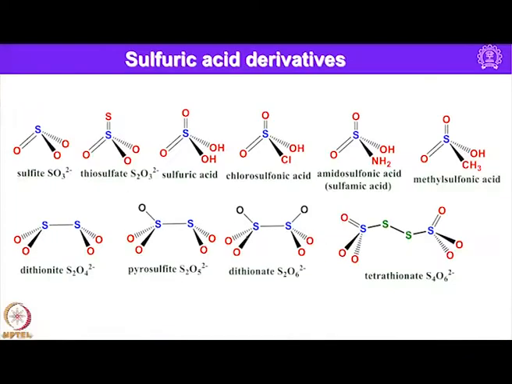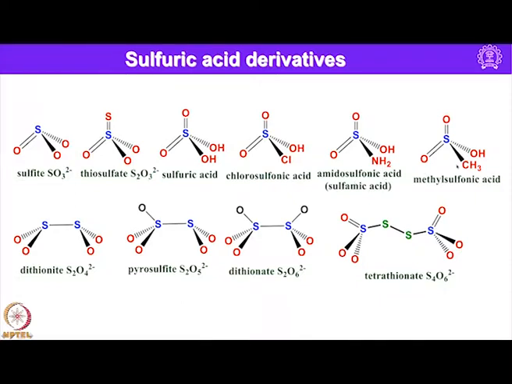I will show you some of the sulfuric acid derivatives here. As I had mentioned, if we replace OH with chlorine, we get chlorosulfonic acid. For example, this is sulfite anion, and this is from sulfate. As I mentioned, one of the oxygen is replaced by sulfur, it is called thiosulfate S2O3 2 minus, and then this is sulfuric acid H2SO4, and if one of the OH group is replaced by chlorine, it is called chlorosulfonic acid. And similarly, if we replace one of the OH group with NH2, it is called amidosulfonic acid,